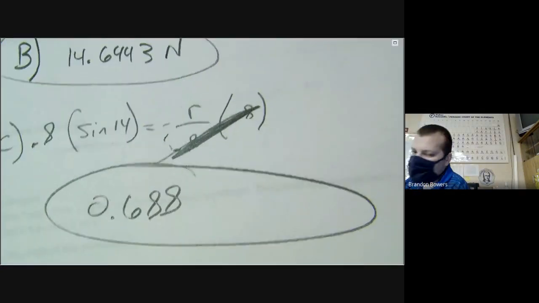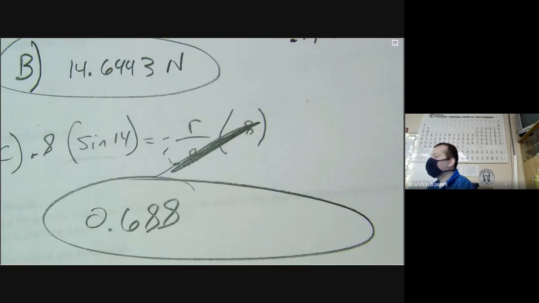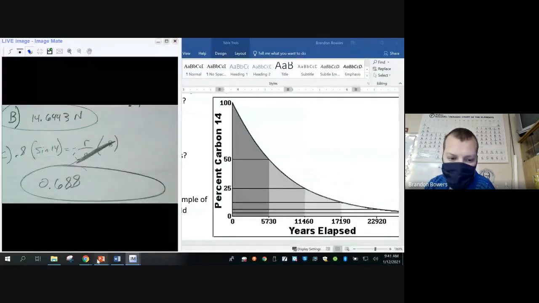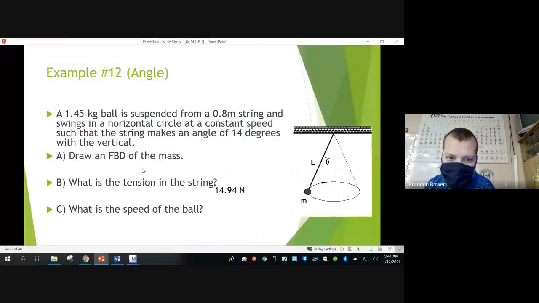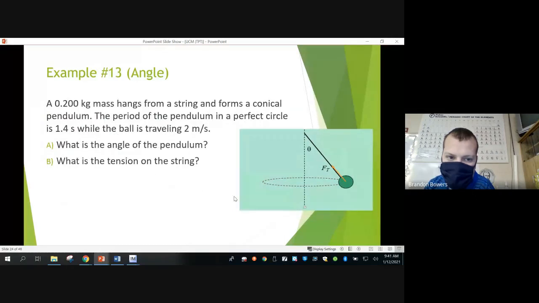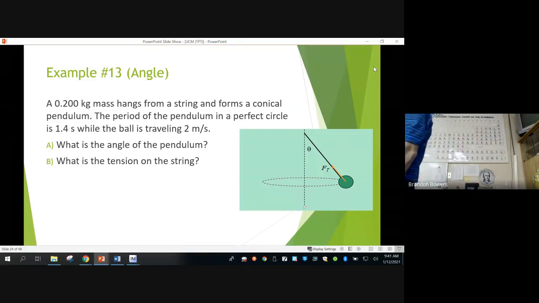Okay. Now, the next problem, I want you guys to try on your own. You're using the same stuff we know, but now we're throwing in angles. I want you to try out number 13. It's going to be a little tricky. When you get a firm grasp of what you think it is, you are done for the day. Or if you don't, try to get it done tonight.